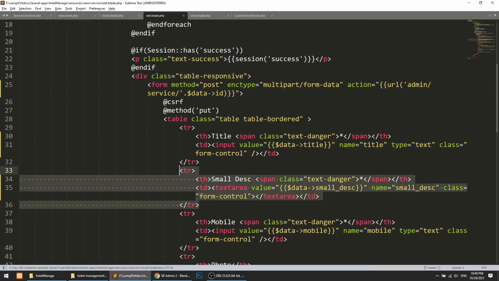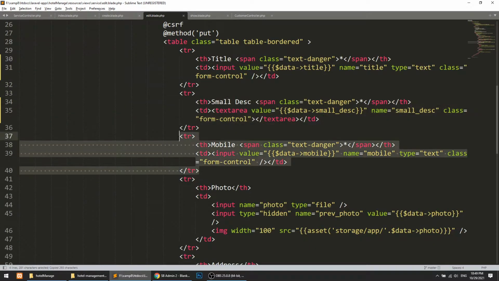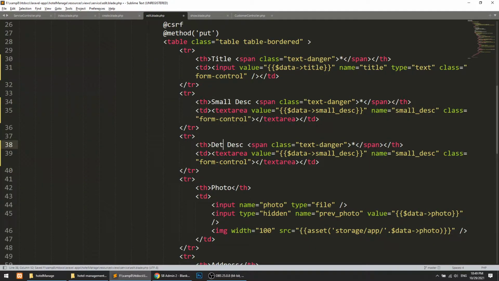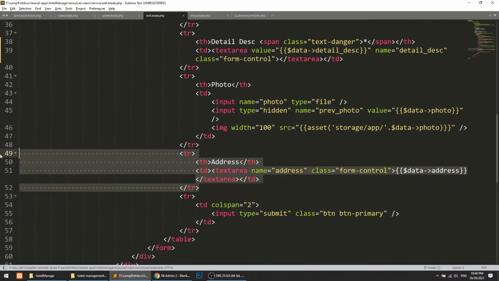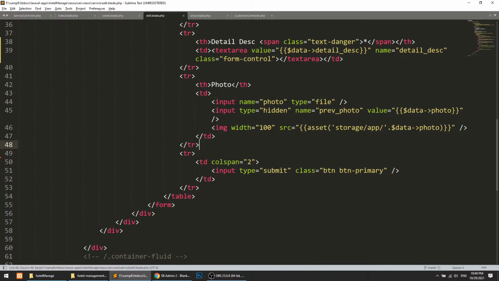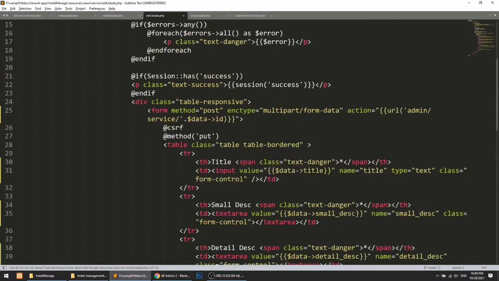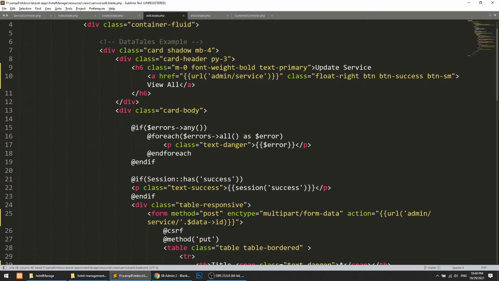We will copy this and paste it here, and this will be detailed description. These things are not very tough, you can do it very easily, and with the help of these things you can practice. So now we have implemented our edit page.